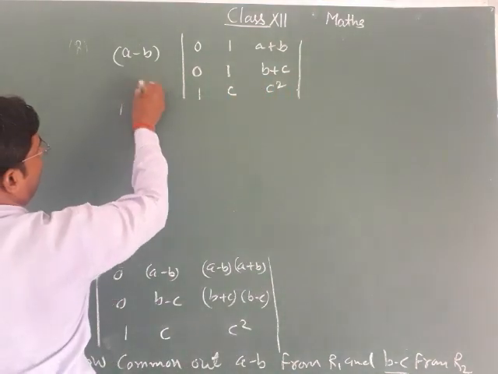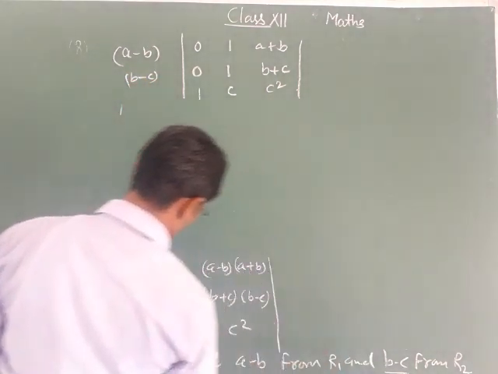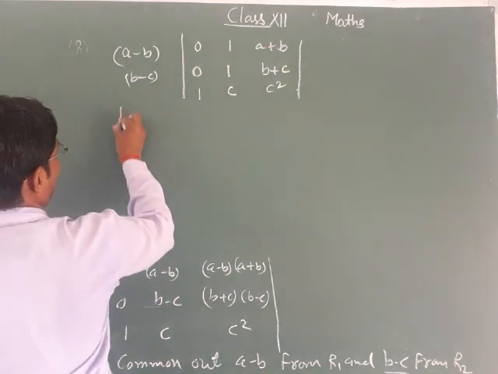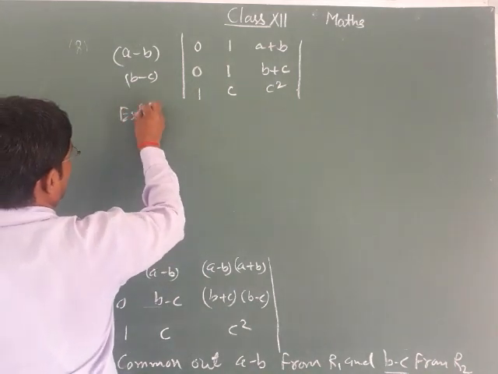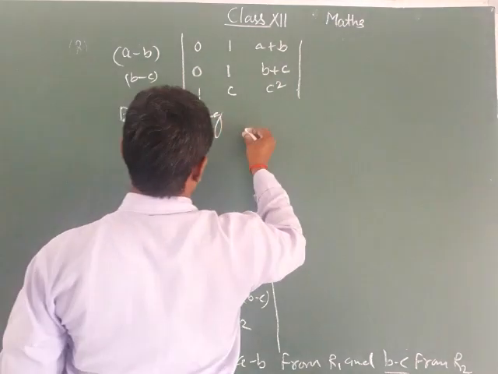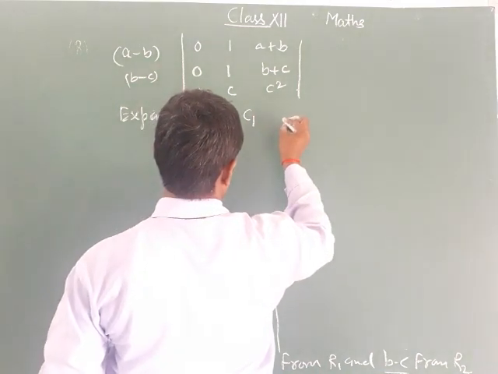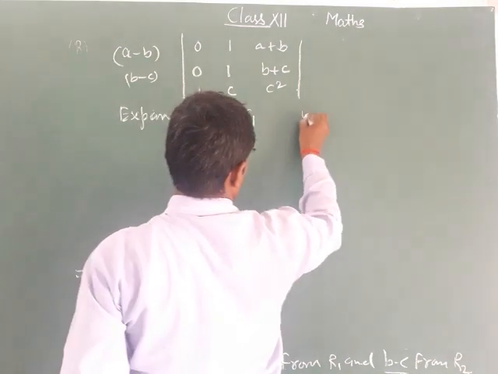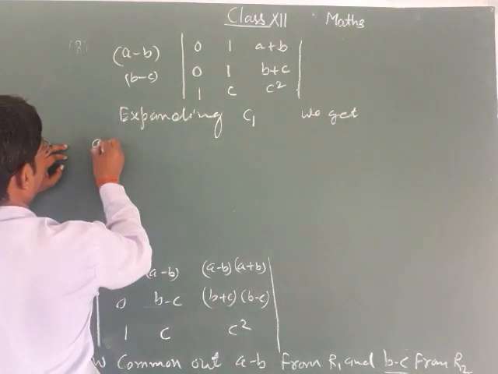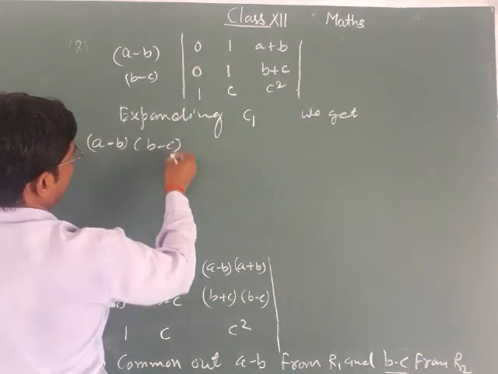Now expanding along C1 we get (a minus b)(b minus c) times